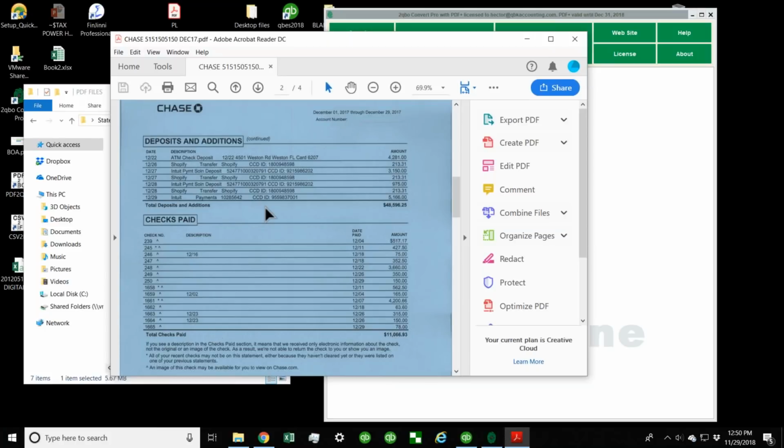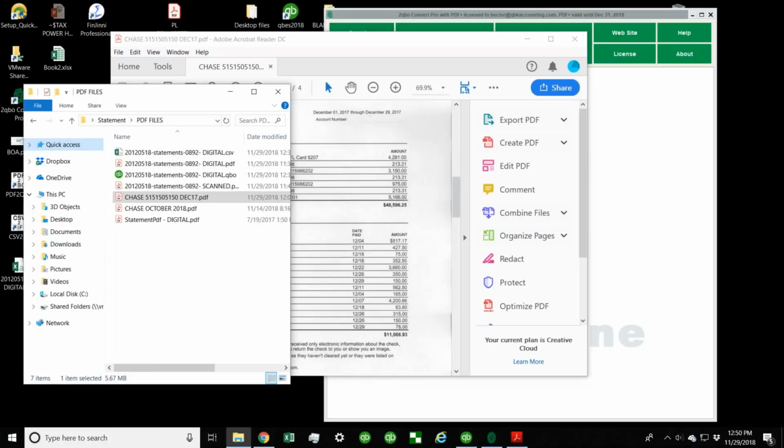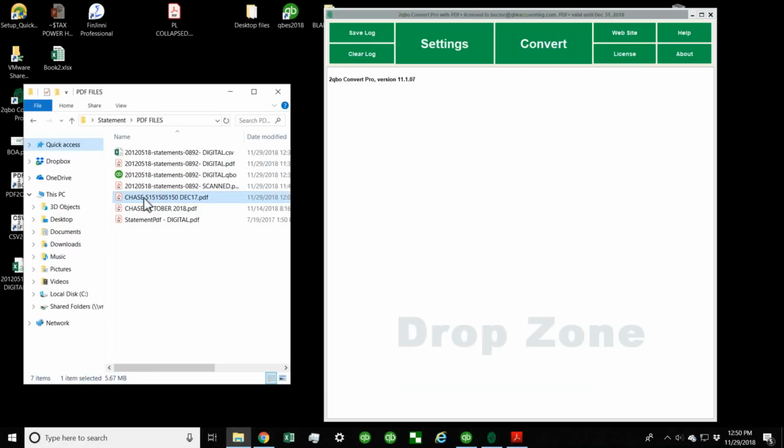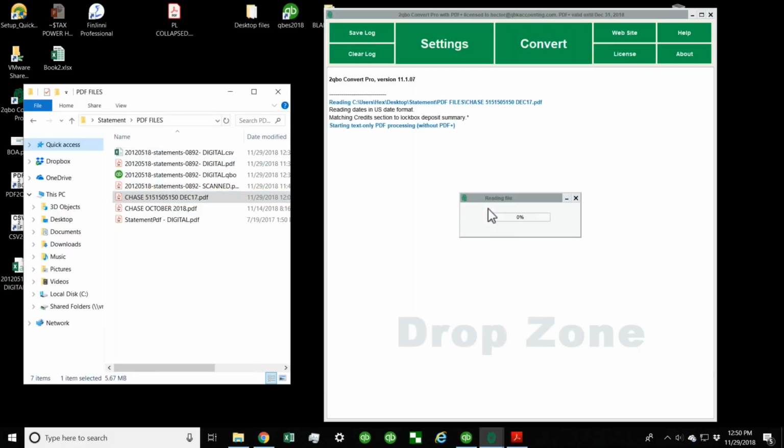There we go. So I'm gonna grab the scan statement and drag and drop it. Now we are gonna stare at the reading file image for a little bit longer than usual because the software,